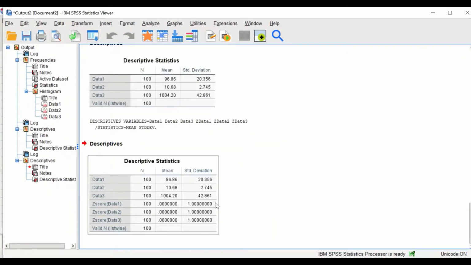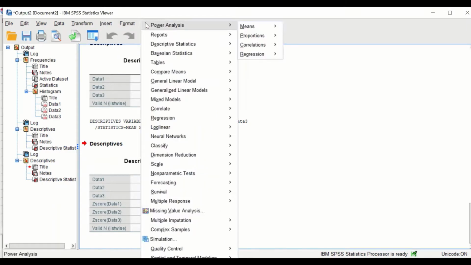A table here is generated showing the raw data 1 before converting into z-score and after. So we can see here in the z-score the mean is 0 and the standard deviation is 1. And if we examine further the histogram for each of these z-scores, we will find out they are also normally distributed,